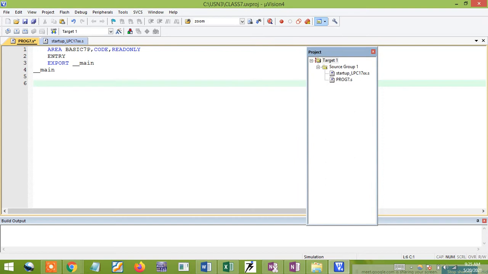In order to explain my push and pop instruction, initially I'm going to use some registers having some values. For that, I'll go for the instruction MOV. I'll store some value in my R0 register: MOV R0, #4. Then MOV R1, I'll store the value 5.